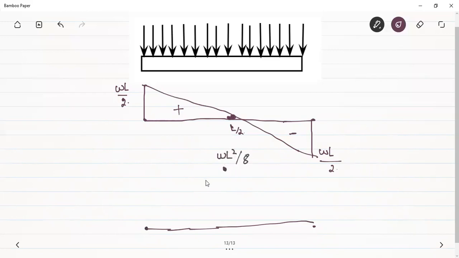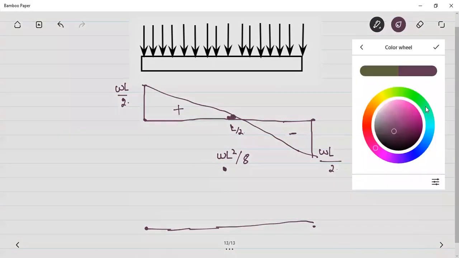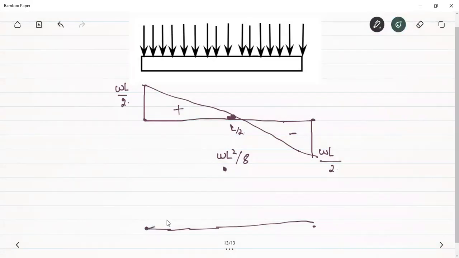Should I join them with a straight line? It is not linear, this is a quadratic equation. So this has to be joined with a parabola. There are two parabolas. Don't draw this first. One can be this kind of parabola. Second can be this parabola. Which parabola should I draw? First one or second one? What is the difference between these two parabolas?